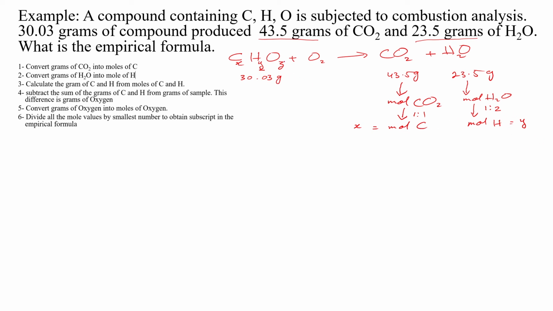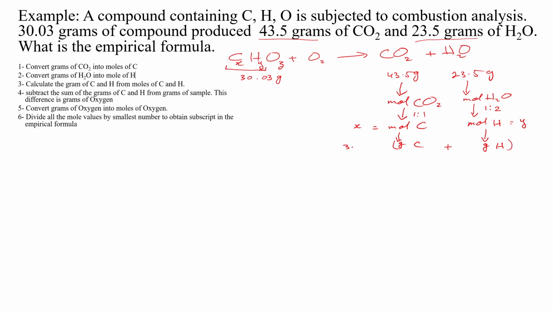The next step is I have to find this z. For z, if you look here, this 30.03 gram is actually the mass of carbon plus mass of hydrogen plus mass of oxygen atom. So this is the sum of all these masses. Now we have the moles of carbon and hydrogen, so you convert these moles to grams of carbon and grams of hydrogen. Once you have these, you add these grams, and then